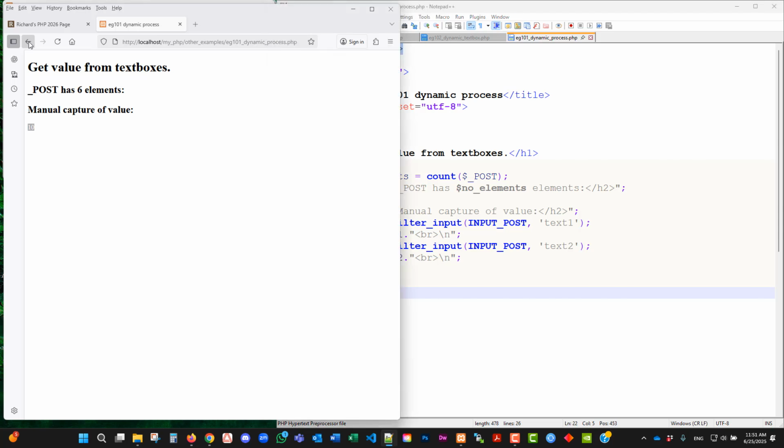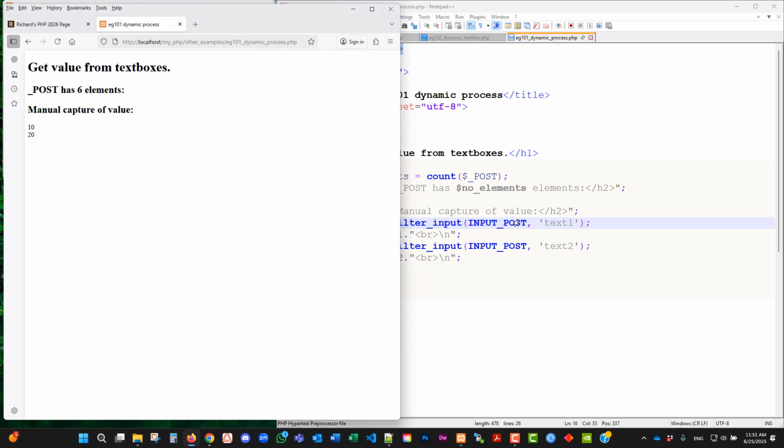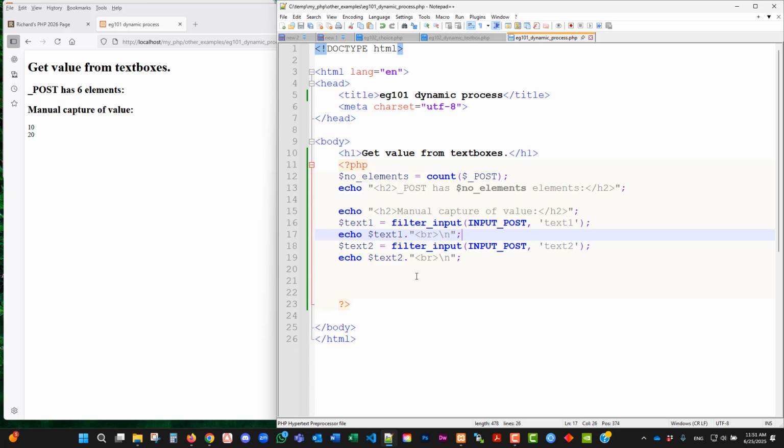Control S. You have the 20. Okay. All right. But this is not very efficient. Okay. It's not very efficient because you don't know when to end this, but